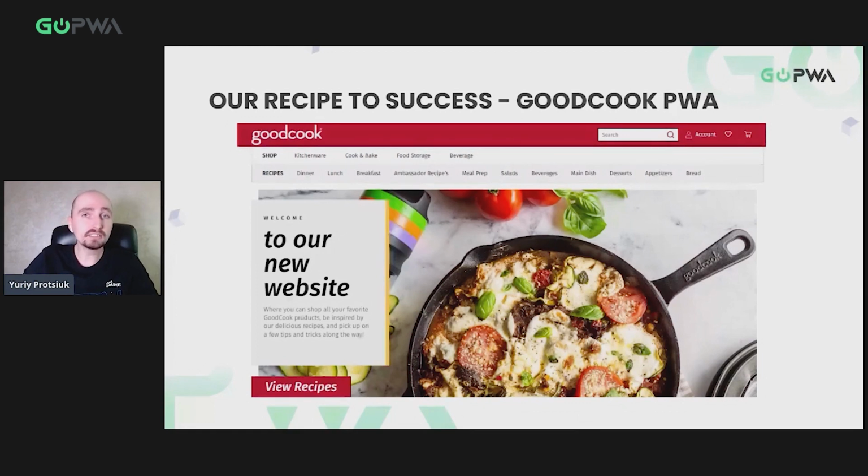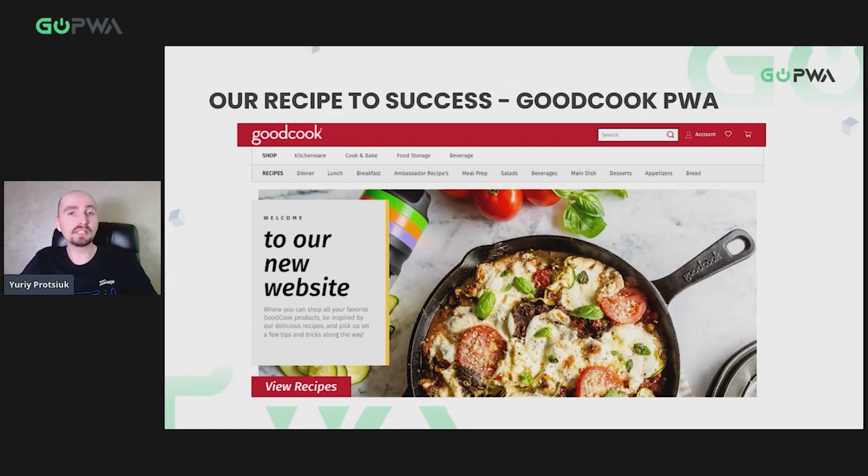From rich content to a customer-friendly design, GoodCook has recently entered the PWA family. With the powerful extensibility tools and Adobe Page Builder in hand, the potential for our developers to customize GoodCook PWA in the future is simply incredible. So creating an architecture that simplifies such a development process was key to our success, and we hope one day you will also create such powerful PWAs for your clients.